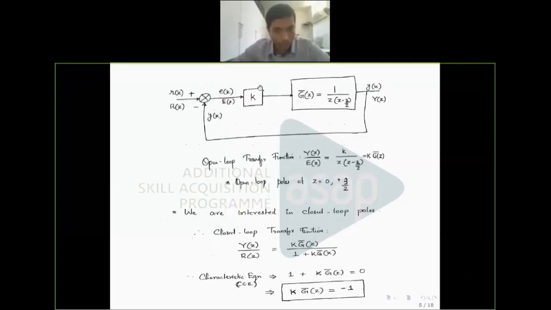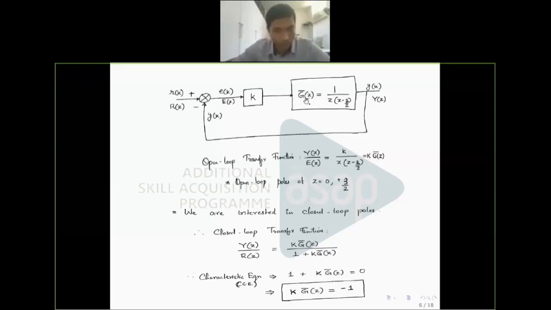Now I have separated out the gain A, and I have incorporated the controller along with the discrete plant. So I am denoting it by G bar Z. So G bar Z is different from G of Z. I hope it is clear. G bar Z is G of Z along with the controller part, with the gain separated out.